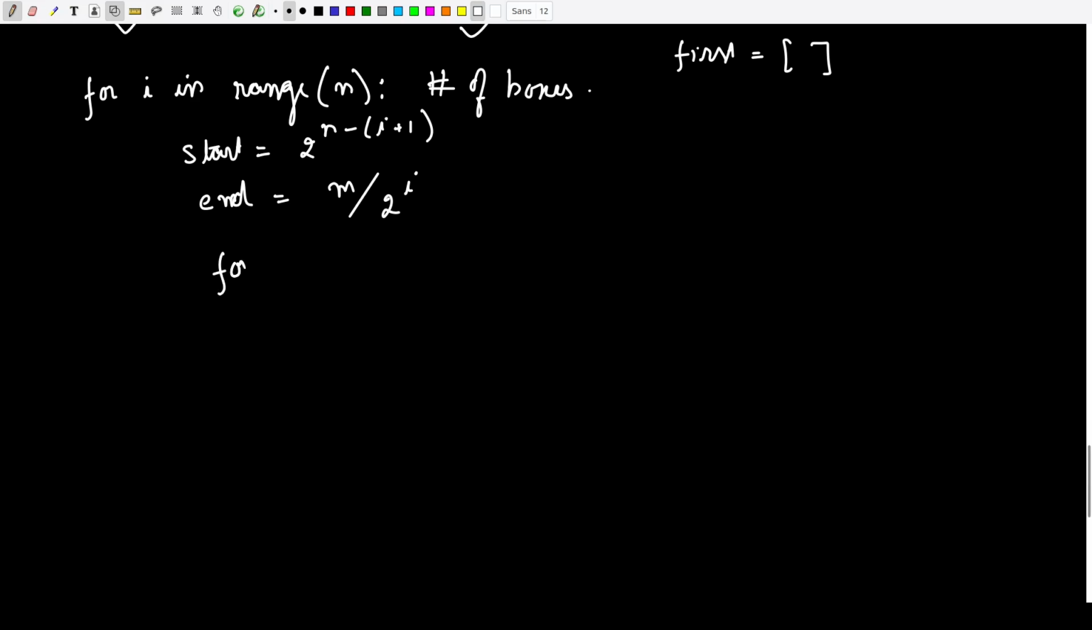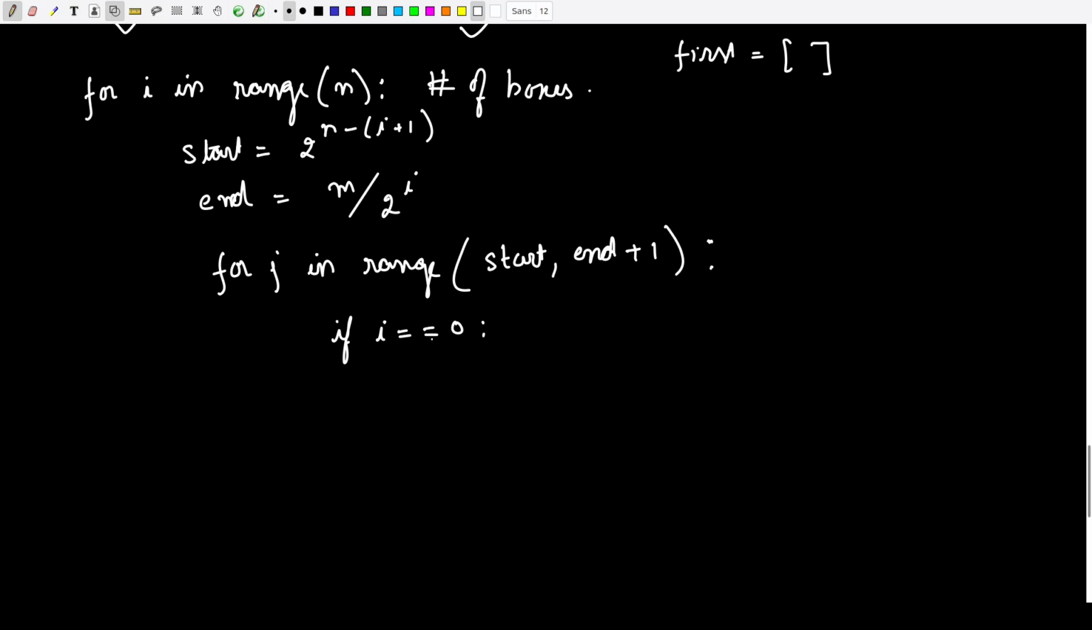Now there will be a j for j in range, and the range is basically start to end. We want to go all the way to end. Okay, so we will iterate on this, and if i is equal to 0, right? That simply means we are populating the last box, we have found out the valid ranges of the last box, and we want to put the valid ranges in the first list. So we are going to append